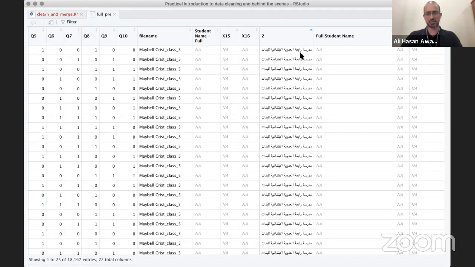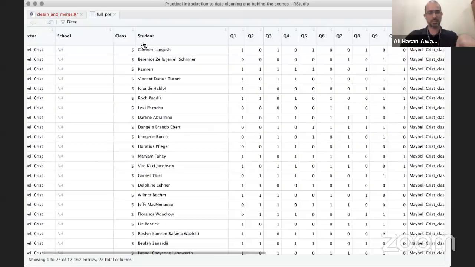This is مدرسة رابعة العدوية الابتدائية للبنات. For the ones who don't speak Arabic, sorry guys, I purposely put the school names in Arabic just to deal with some Arabic text in this example. It's not important to understand the meaning as of now, but I can tell you that this is a school name, and if we go to the school name here, it's